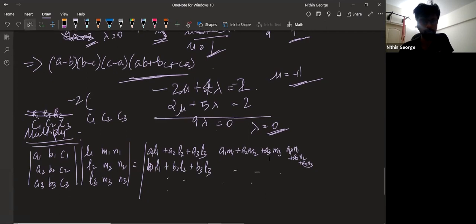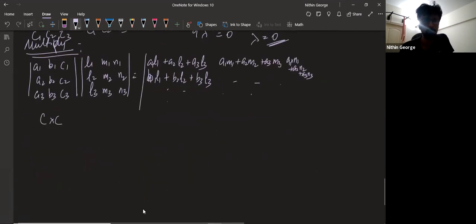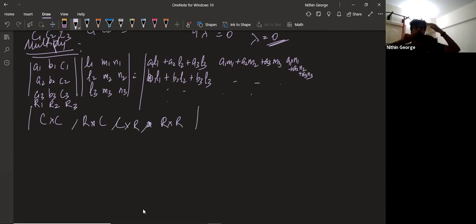I can also do row into column. So I'm doing column into column. I can similarly take row 1, row 2, row 3. Row into column, I can also do column into row, or I can do row into row. They'll all give me the same value of the determinant. When you multiply two determinants, this happens. When you multiply two matrices, it was strict, right? When you're multiplying two determinants, this is absolutely valid. You can transpose either of them and multiply column into row, however you're comfortable, or whichever is most convenient at that point. That is what you'll go for. This much is clear? How do you multiply across determinants?